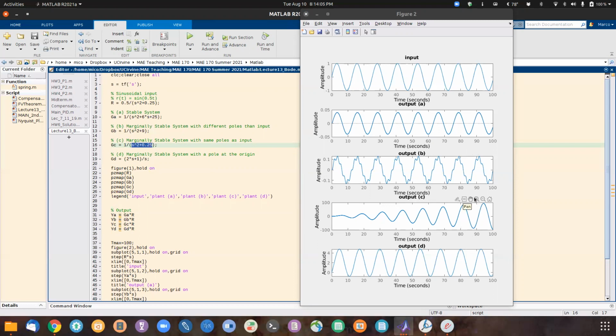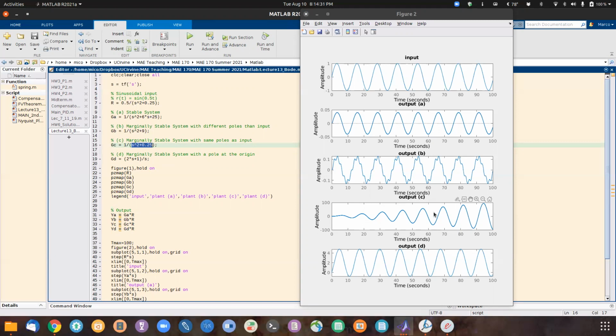So we have an unstable system, or an unstable response, although the system itself is technically marginally stable. But again, there's marginal stability when combined with an input that has the same natural frequency, what will cause the response just to